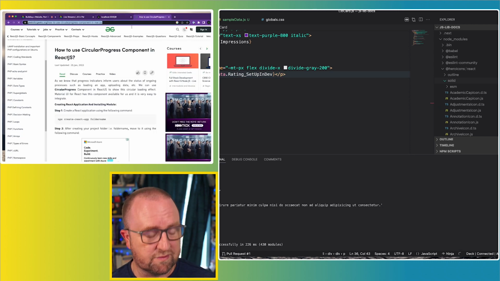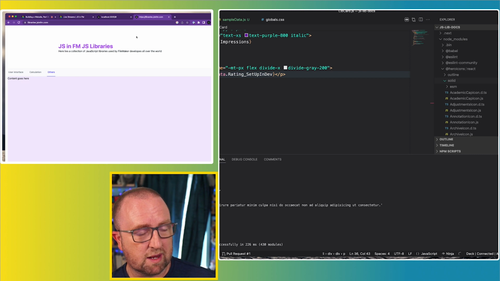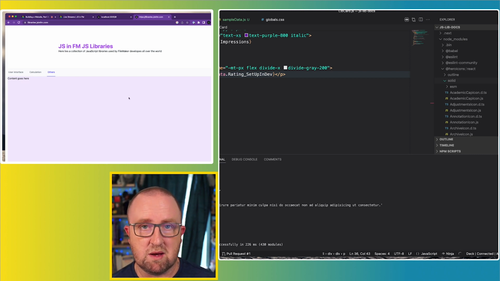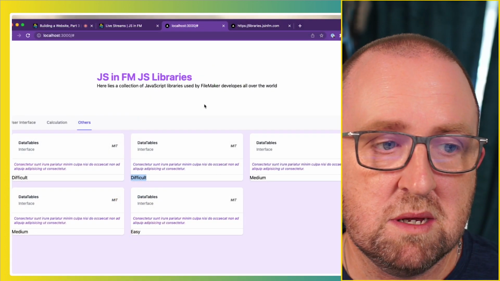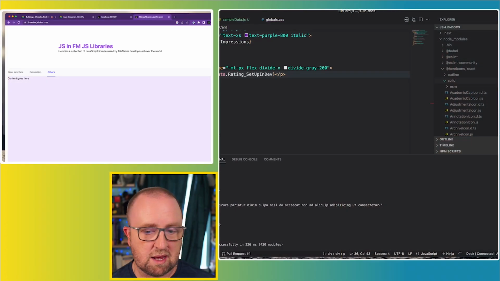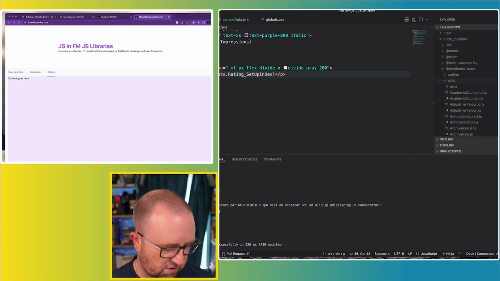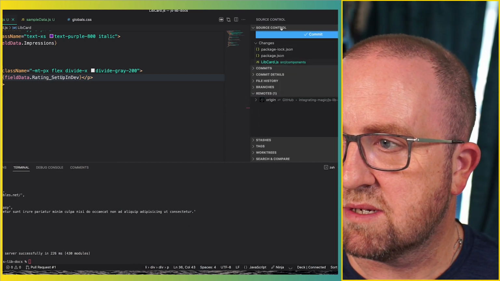The live version of this, and you can check this out, is at libraries.jsinfm.com. This is what it looks like right now. I have been developing on it. If I go to VS Code over to here, I save my changes